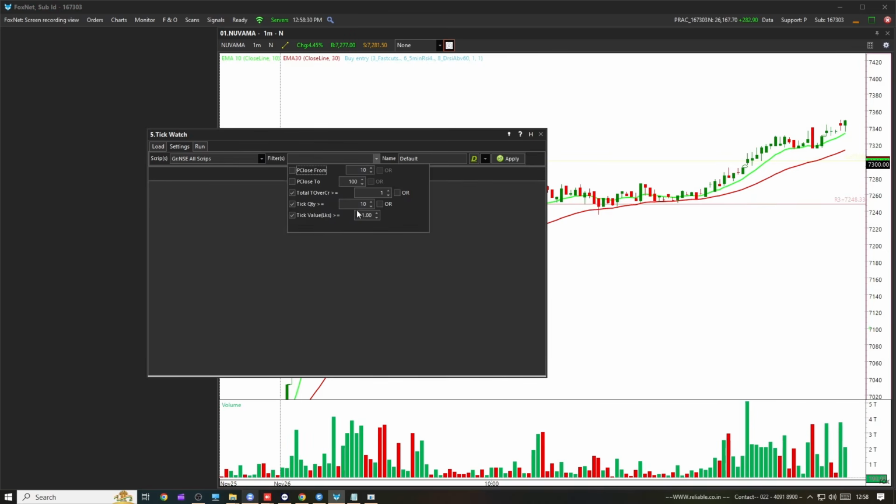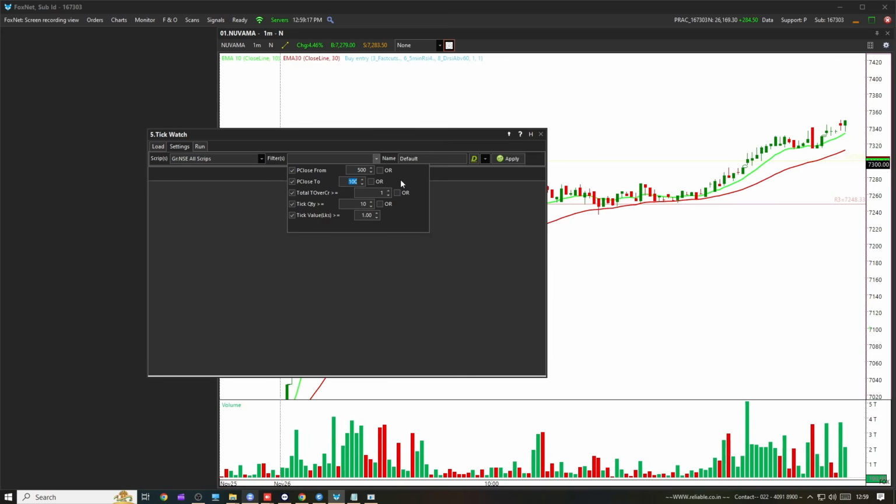Here is the filter option over here. From here you can do some basic parameter settings. Low price penny stocks you can neglect from here. You just have to select the price range over here. Here is the price range start and here is the end. For example, if I say I want stocks at 500 and above only, all the conditions should be satisfied above 500, then you select 500 over here, and then here is the end part.